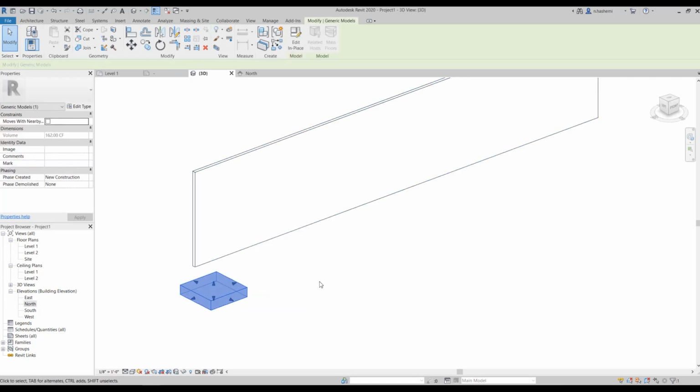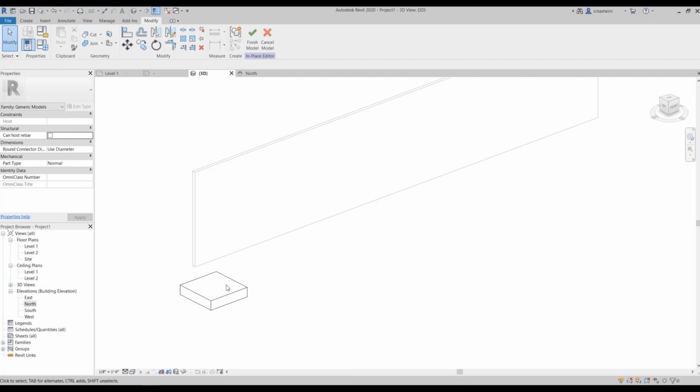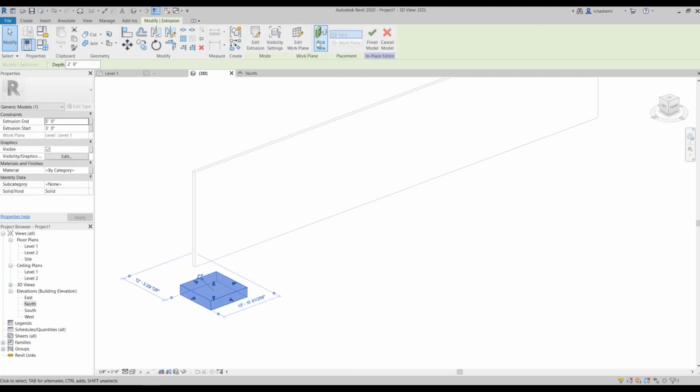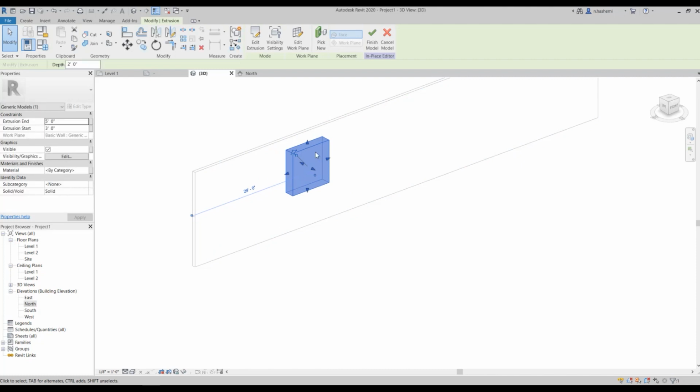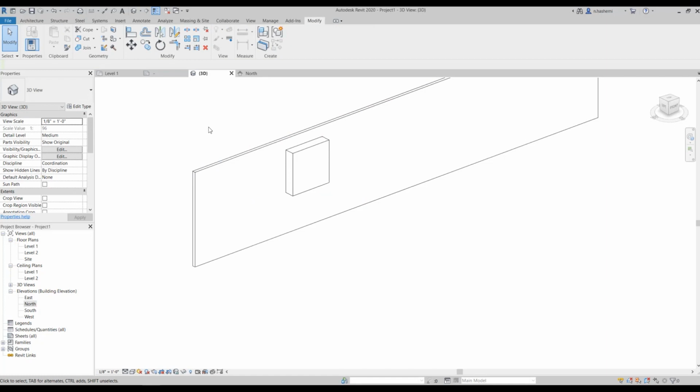So you need to double click on it and then select it, and from here select pick new, and then you can pick this surface over here. Okay, so the work plane has changed from level 1 to this surface, and then finish model.